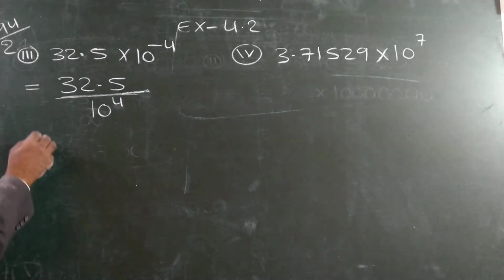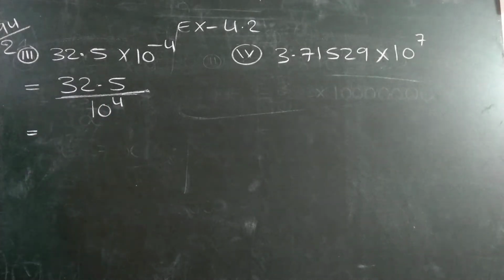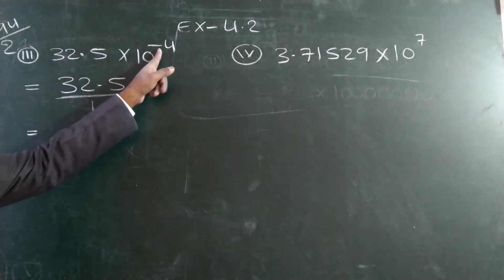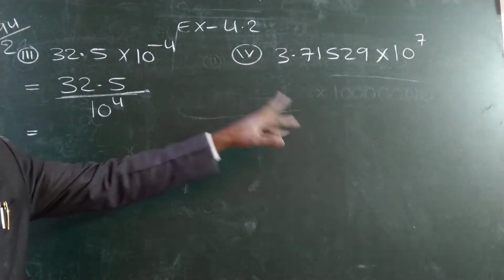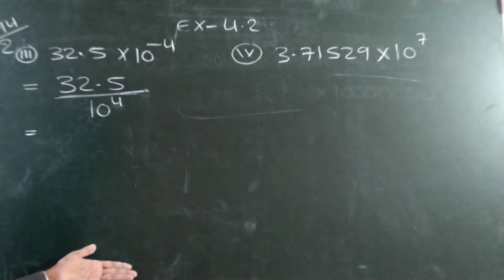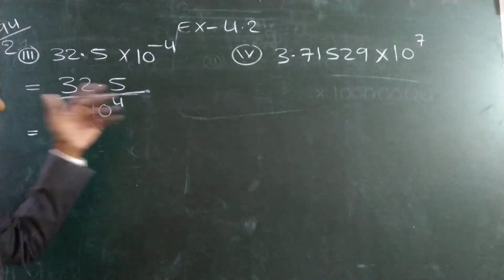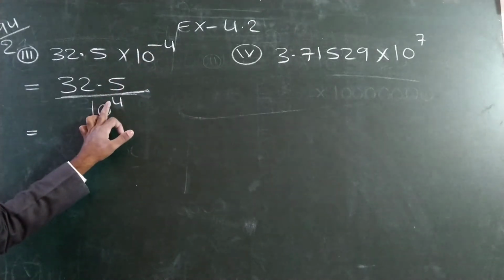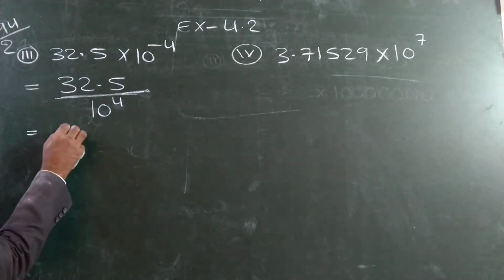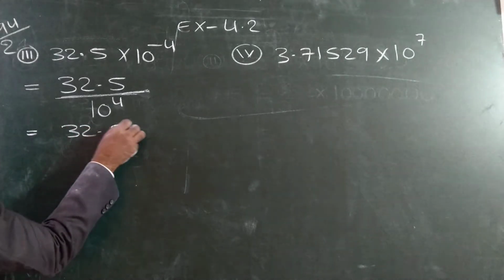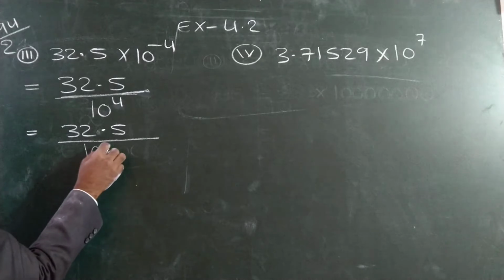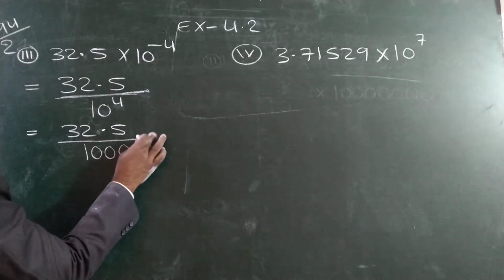See here. I am not removing the decimal because the answer will be in decimal only, because this is a negative power, no? With a positive power we will get a whole number answer, but with a negative power the answer will be in decimal only. I will explain. So the first step is the minus is written here, denominator plus. 10 power 4 means how many zeros? 4 zeros.